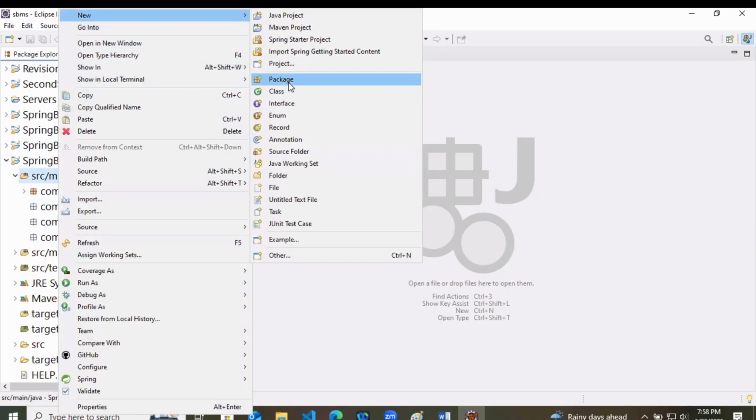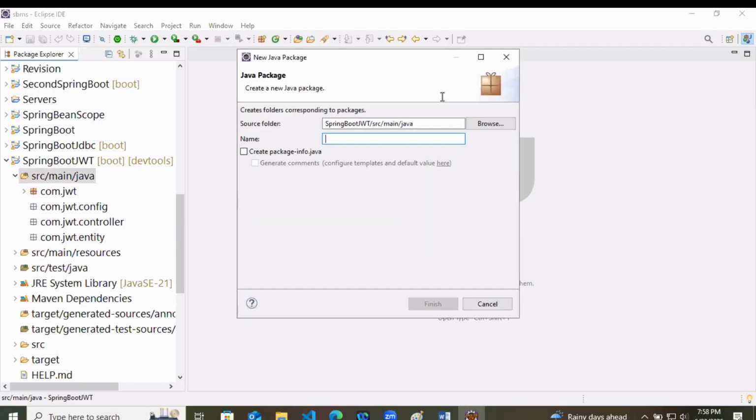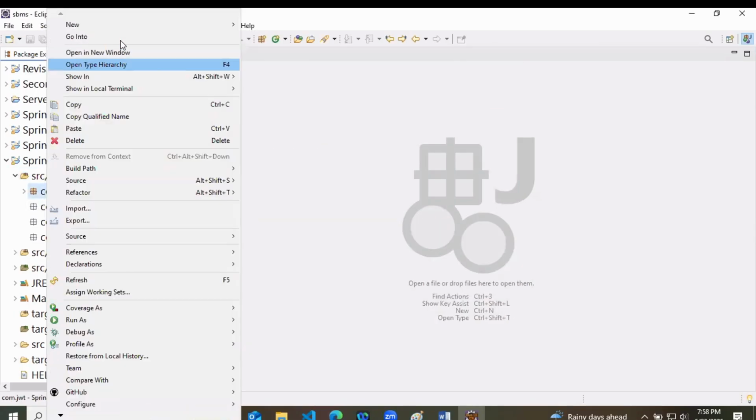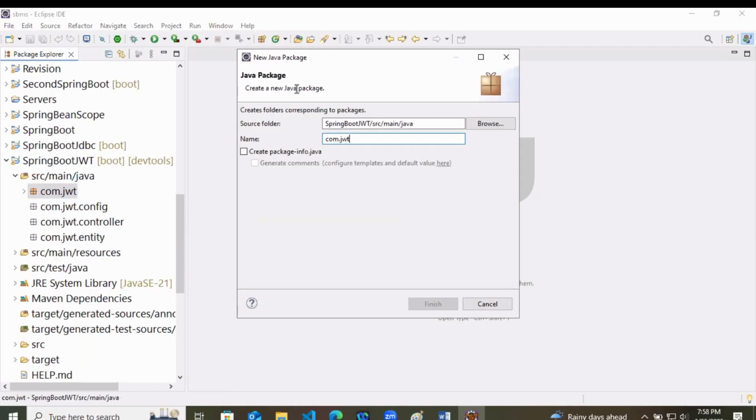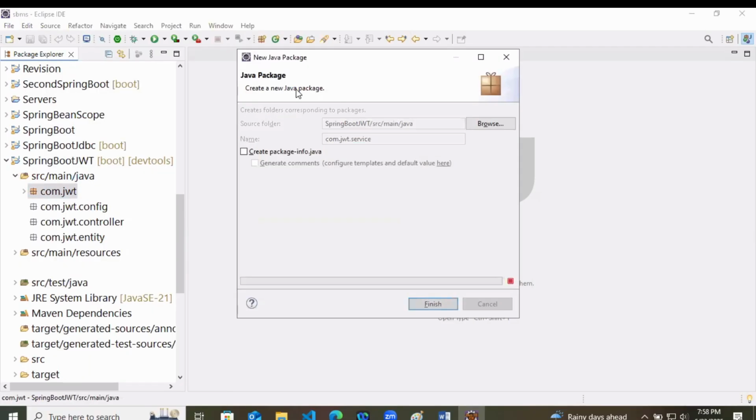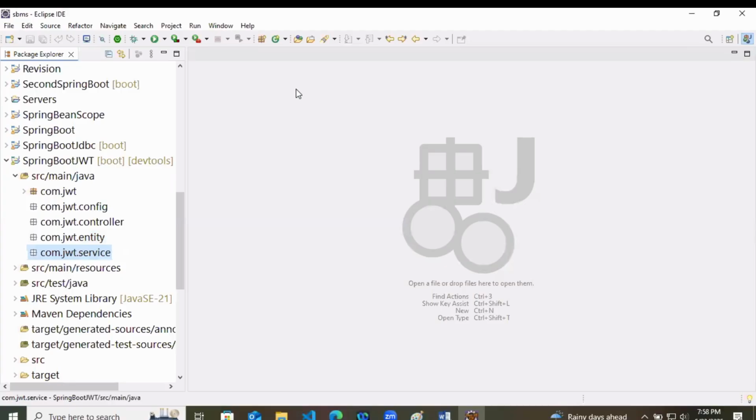Service also you can create here. So using the base package, you can create the service package as well, because we will show you clearly. And two more you have to create for JWT.